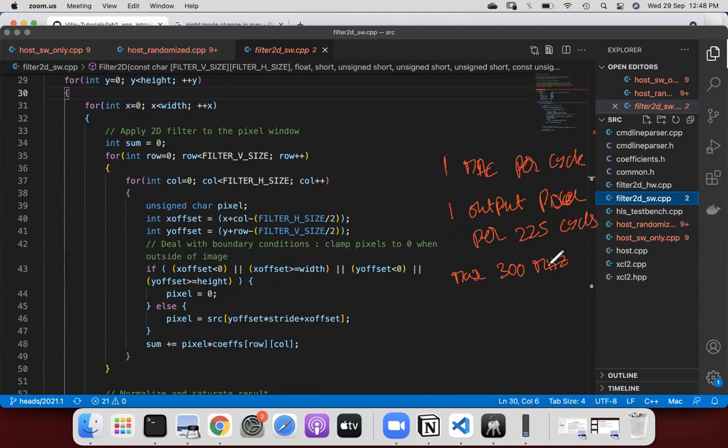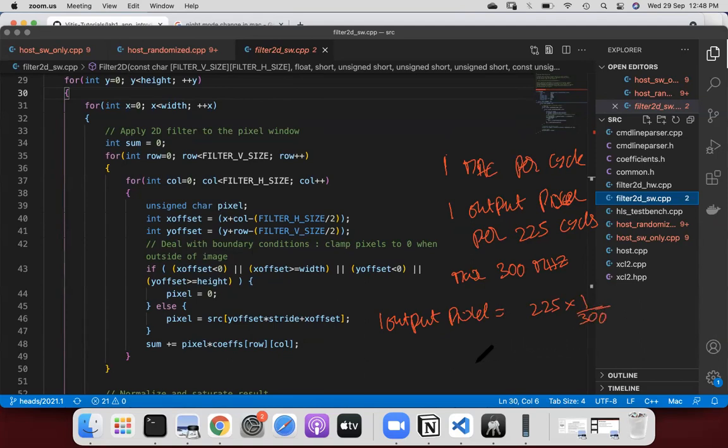Then in order for us to be able to produce one output pixel in 225 cycles, it means 225 into 1 over 300.